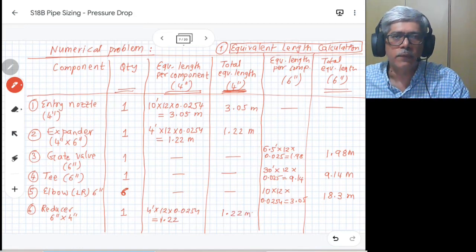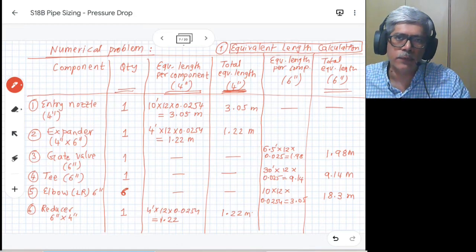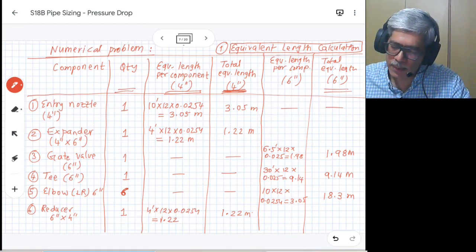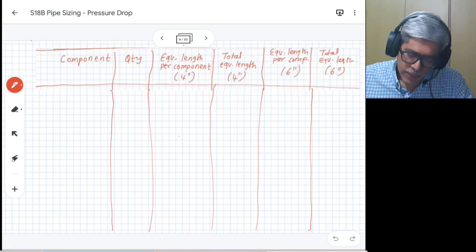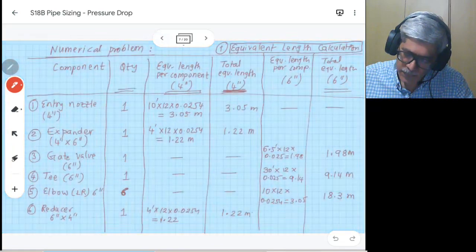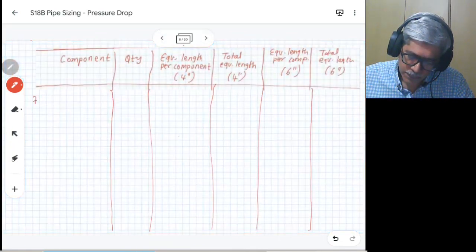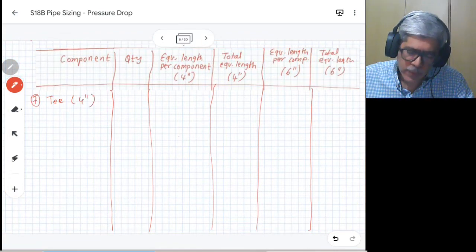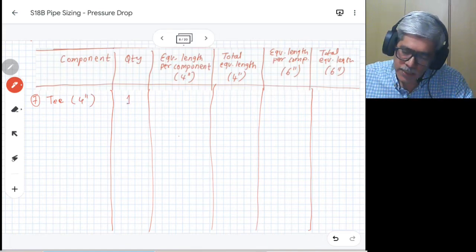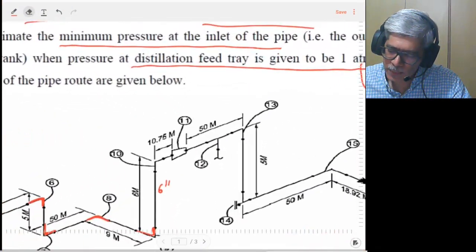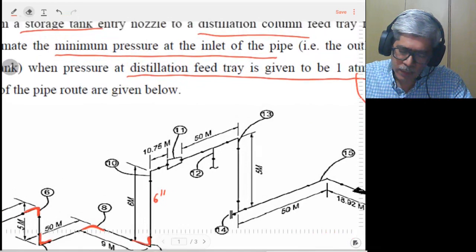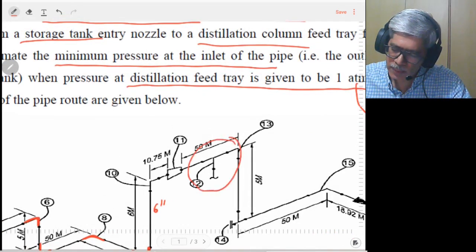Next we have the section which is of 4-inch pipeline. So we have to consider the items in that region. The next item is a T, which is 4-inch size. The seventh item. So we have a T which is of 4-inch size and the quantity is 1. This particular item is after the reducer. So this is the T that we are talking about, the T joint.